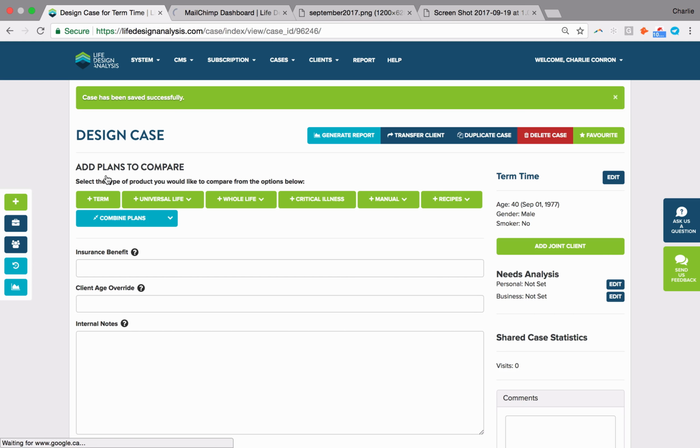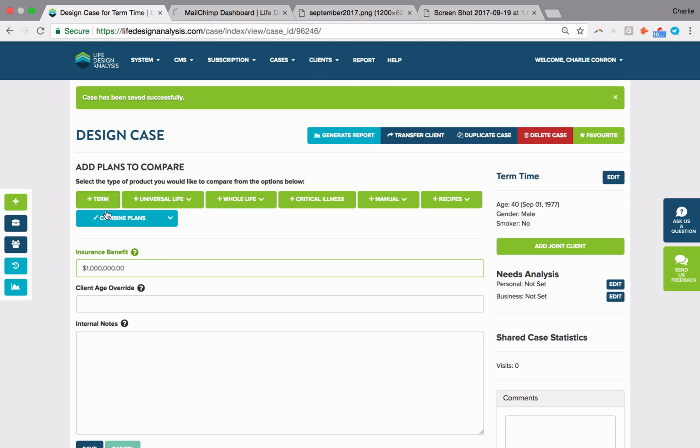So what I want to do is set up a comparison here that's going to highlight different products. A lot of times we as advisors maybe pick a certain product that we know is good for our clients, or we make assumptions on what they can afford, but we never really actually know. So giving clients options is always a good idea. Giving too many that overwhelm is never a good idea, but people like more than just one option. Sometimes I find 3 or 4 different options is the sweet spot, but we'll build a case out here and compare $1 million of insurance. So I'm going to take $1 million here as my face value.